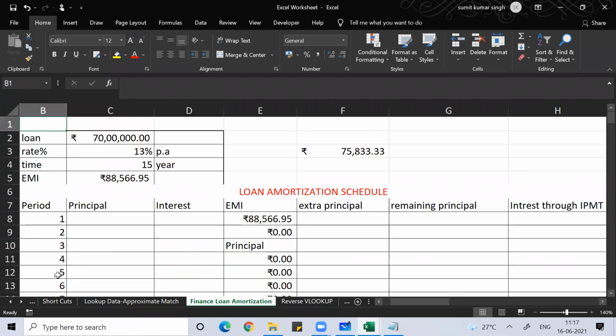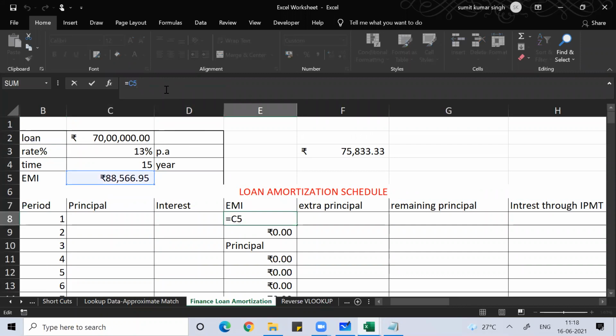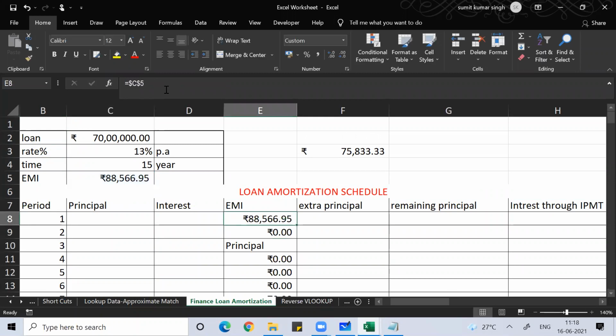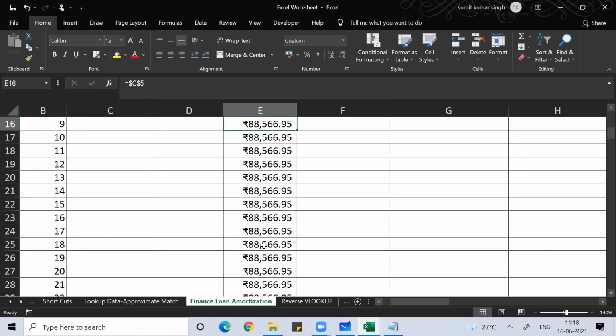The EMI never changes. I told you EMI never changes. So what you can do, guys, I remember I asked you what is the F4 key. F4 key is basically to fix the cell. If you press F4 key, your cell will get fixed. See this, doesn't matter wherever you go, your cell got fixed.